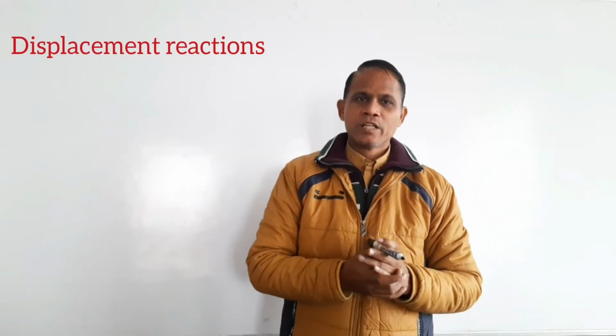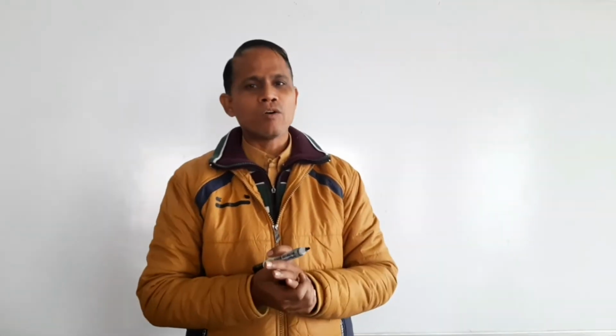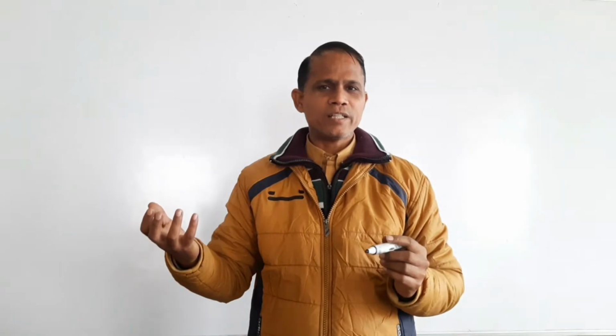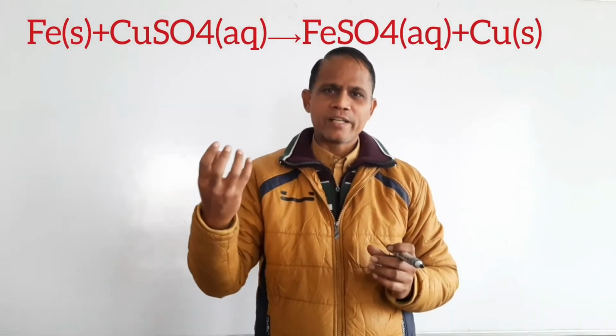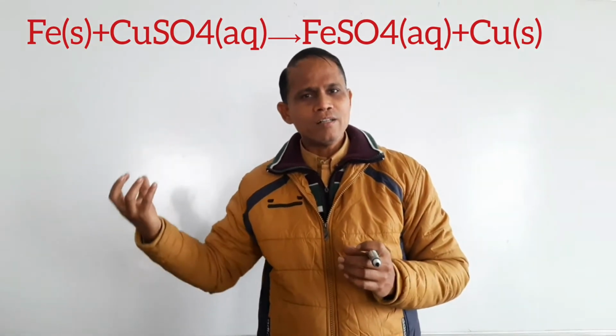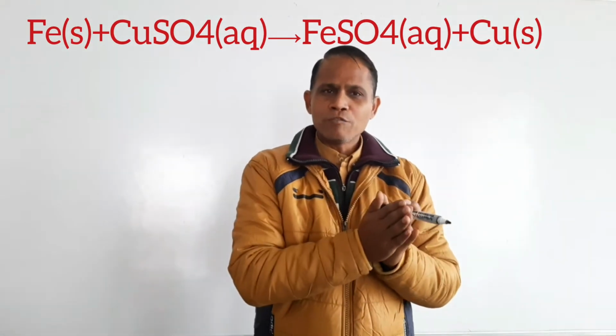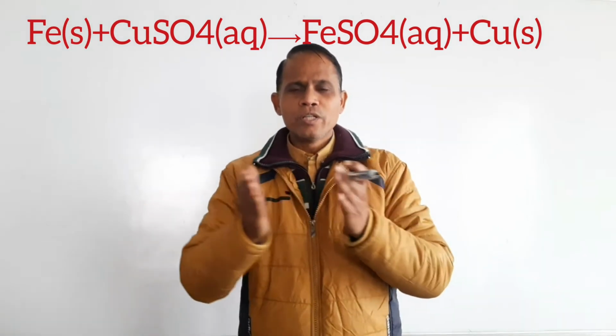Today I will discuss with you a few examples of displacement reactions, students. Now, the first example is that you can displace copper from copper sulfate solution with the help of iron or zinc. If you have copper sulfate, its color is blue. You just dip an iron nail in it. After some time, students, you will find that a brownish red color is deposited on the iron nail and the color of the solution will turn from blue to green.